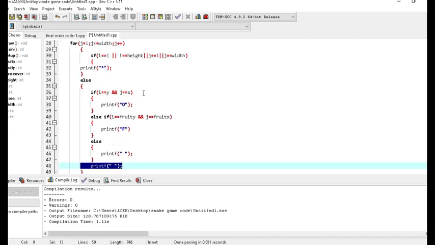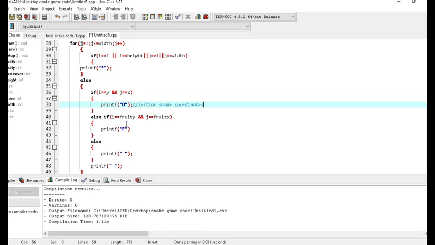So we have added this condition: if i is equal to y and j is equal to x, then it prints O, which is basically the initial coordinates of our snake. Then if i equals fruit y and j equals fruit x, this is basically the initial coordinates of our fruit.